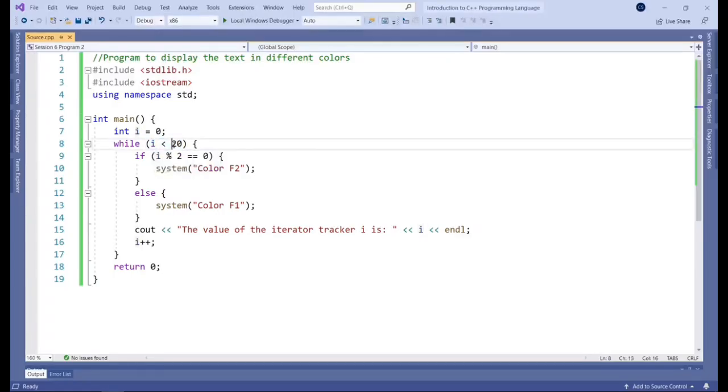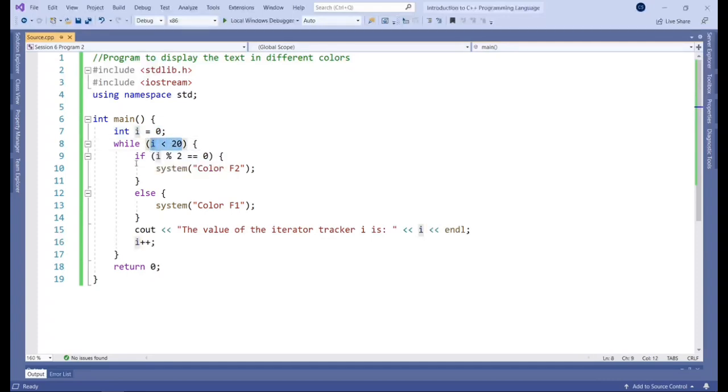So let's take it from the beginning and try to visualize this loop in our heads. So we set the iterator value to 0 as a starting point. So we're starting with 0. This first time, it would equal true, right?